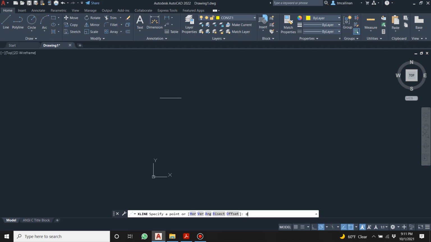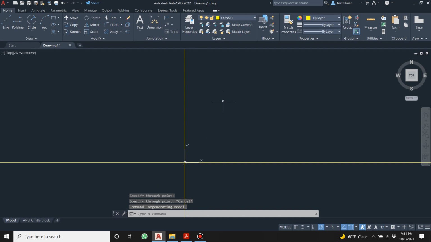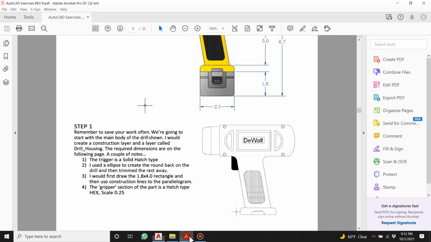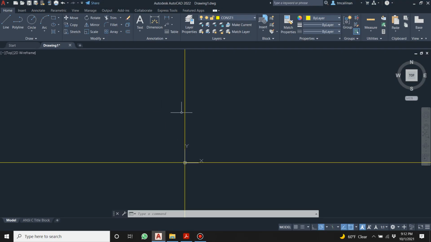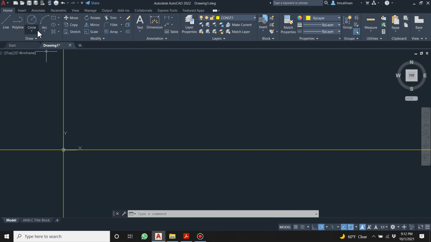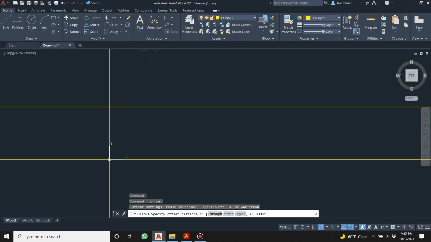So specify a point 0, 0, like so. And I'm going to move on to the second page, and I'm looking at this here, and we will say that this is 0, 0. So I need to come up 1.8 and over 0.4, 1.8 and over 0.4, isn't it? So I'll go offset 1.8, and I'll go 4,